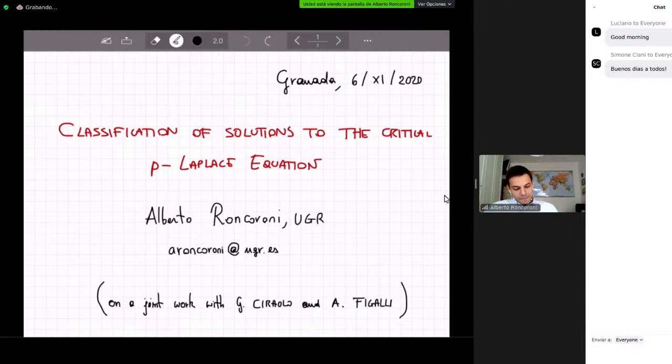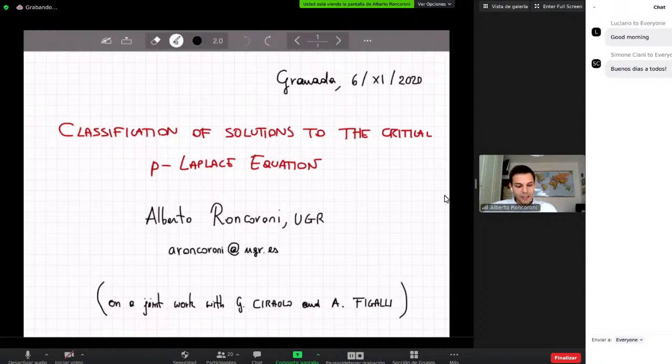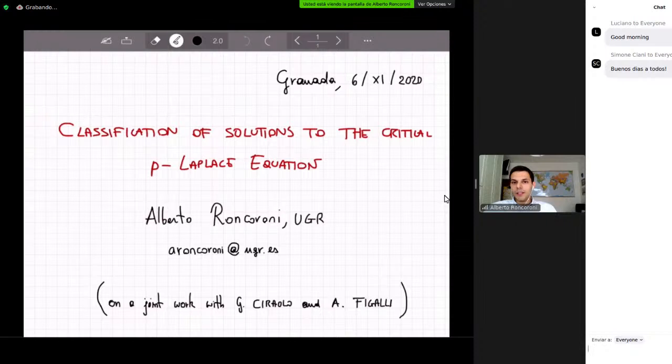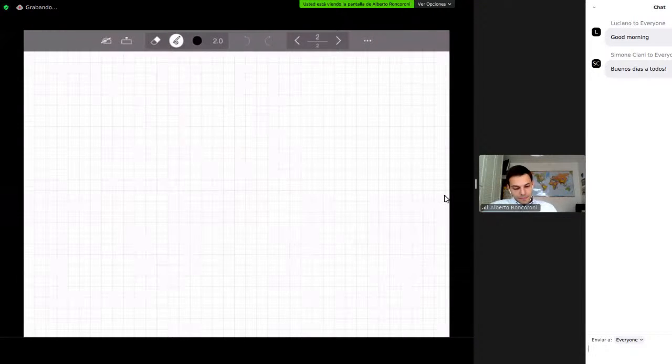And okay, as Joaquin said, the title is a classification of solutions to the critical p-Laplace equation. And as you can read, this is based on a joint work with Giulio Ciraulo from the University of Milano and with Alessio Figalli from the ETH in Zurich. So let's start. So we are interested